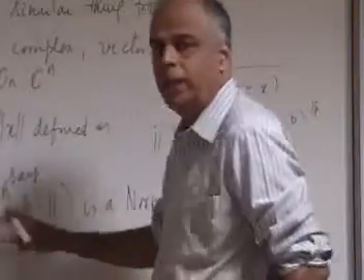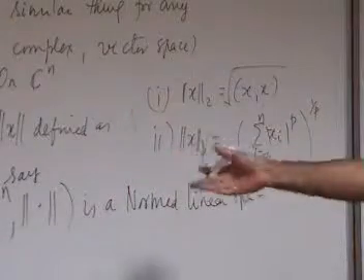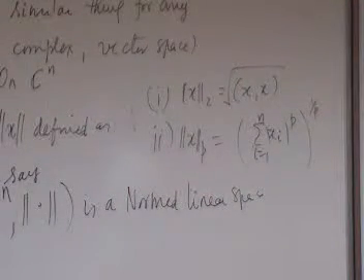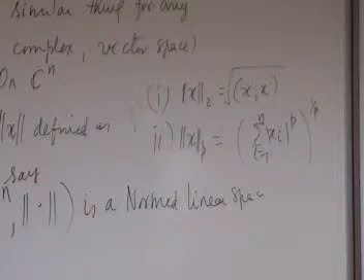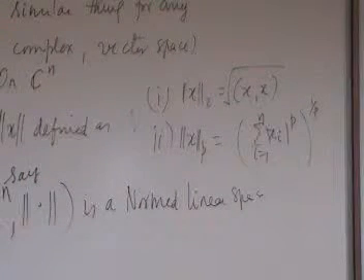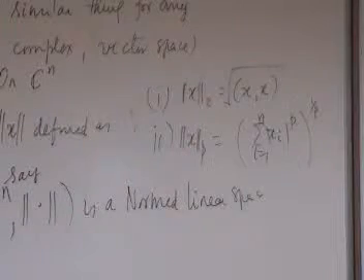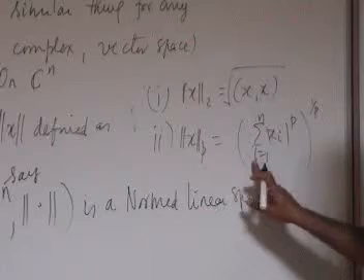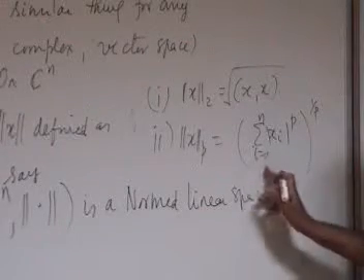We can also take any vector space. Instead of Cn, put a norm on it and think of it as a normed linear space. We will see more examples as we go along. Yes? Is it the same as an inner product space? No. It is not the same as an inner product space. We will come to that later, because for example this one, a norm need not come from an inner product.